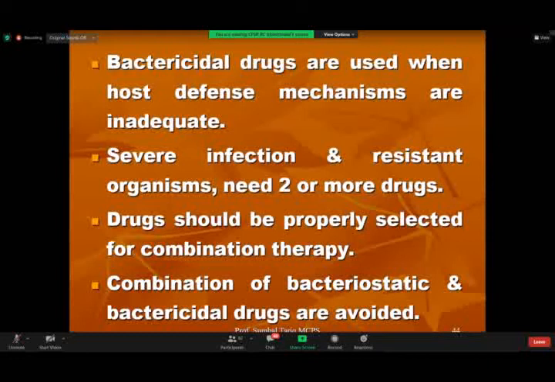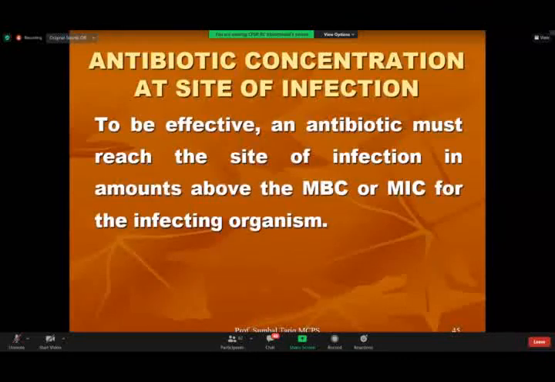फिर combination of bacteriostatic and bactericidal drugs should be avoided. Why? Because when you give a bacteriostatic antibiotic, the patient's bacteria are brought to a standstill by the bacteriostatic drug, and bactericidal drugs basically are going to kill the bacteria. अब अगर आप उसको bactericidal drug दे रहे हैं and you're killing the bacteria, तो bacteriostatic drug अगर वहाँ dividing bacteria है ही नहीं, तो it is not going to have any effect. ठीक है, तो you're just burning the patient and it is not really good enough.